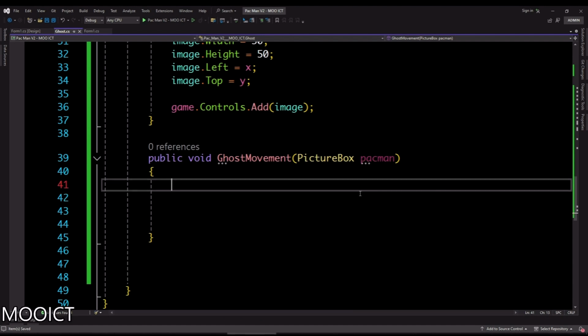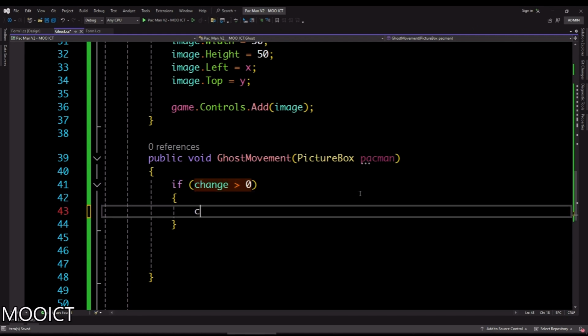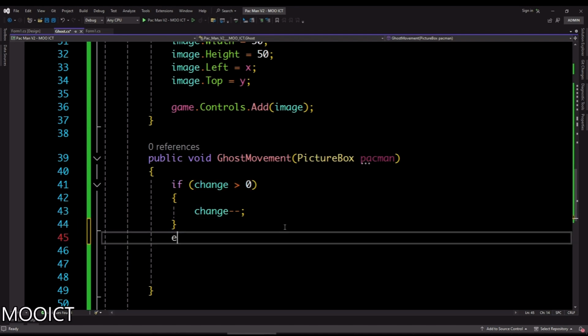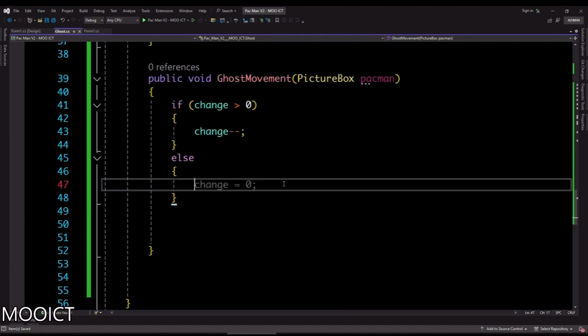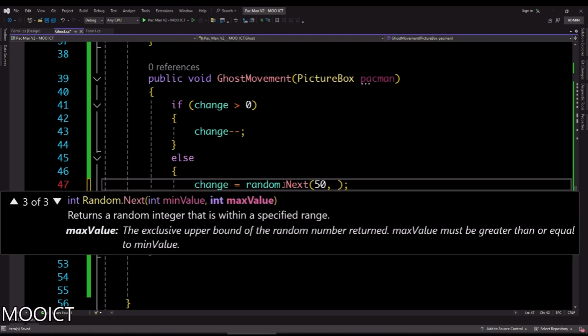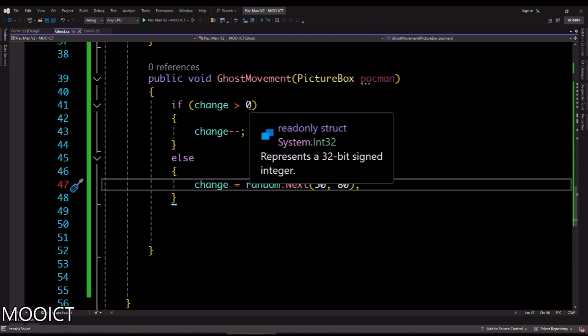So first of all, I'm going to say if change is greater than 0, then change minus minus. So I want to reduce 1 from the change integer, so that way it's continuously reducing itself. And the reason for that is once it hits 0, we want to basically set it back up again. So say a random next. Any value would do. I'll go with 50 to 80. So between 50 to 80 is going to set a number and then it's just going to